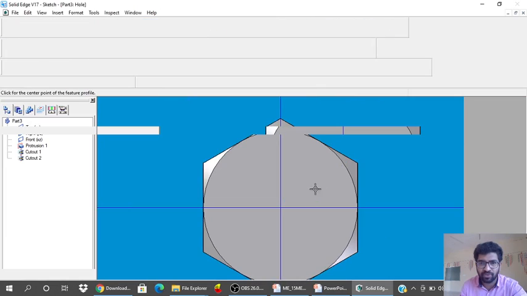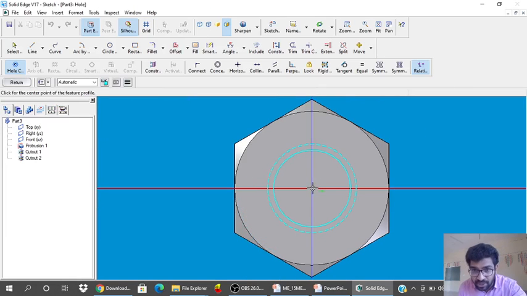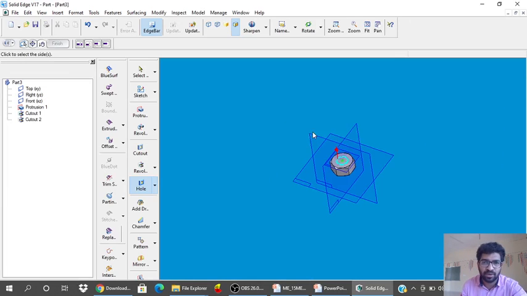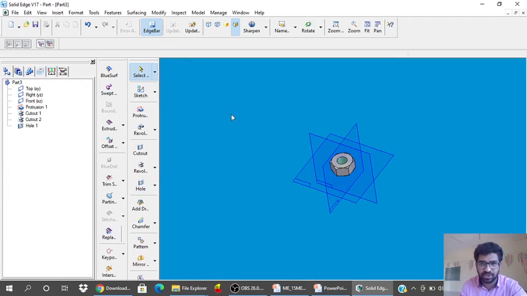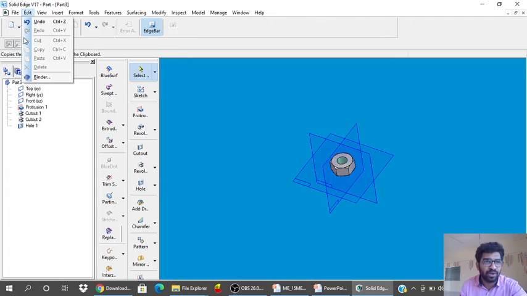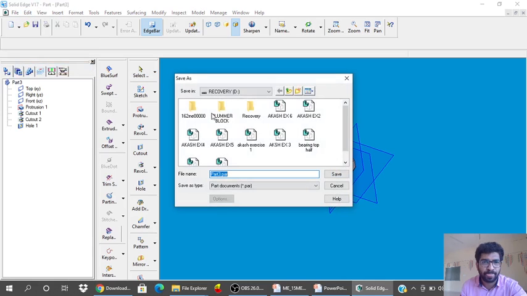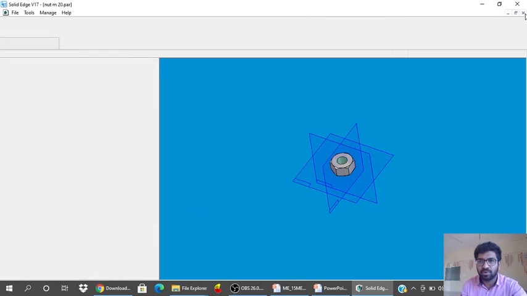Select the top face, place the hole at the center, say return, arrow pointing downwards, left click, and then say finish. And go for file, save as, nut M20, and save. So close this.